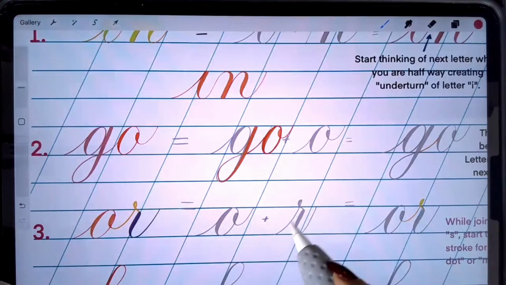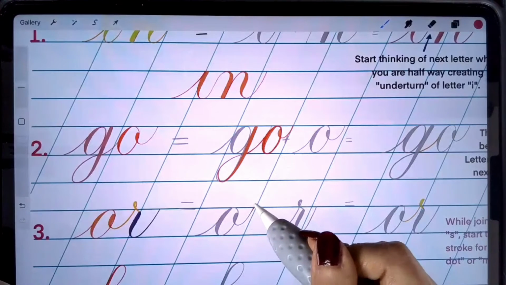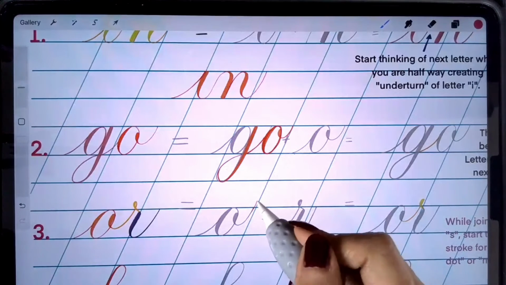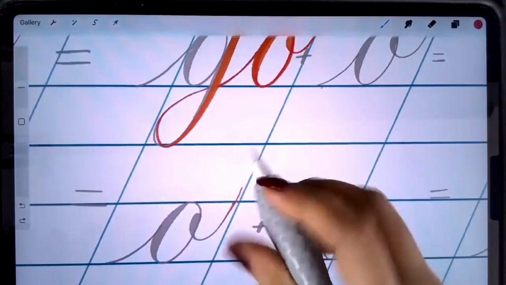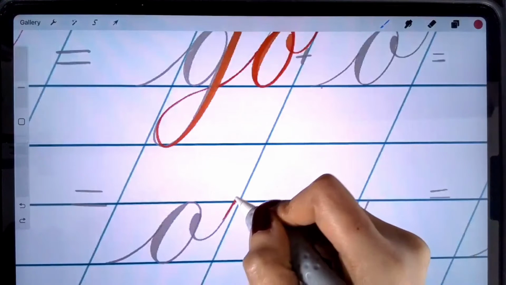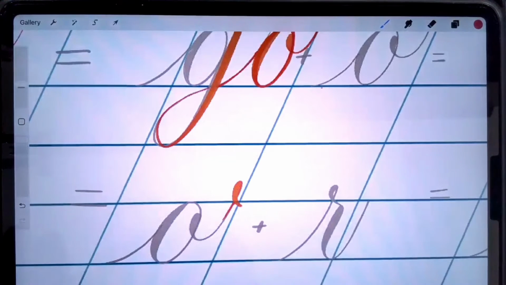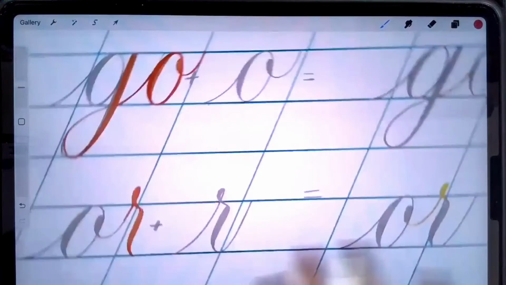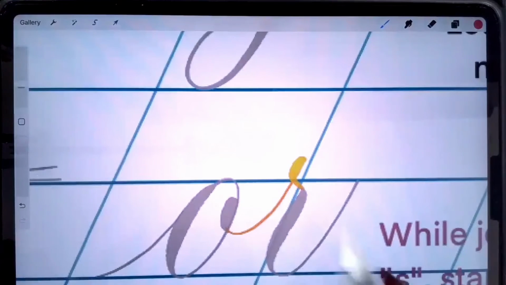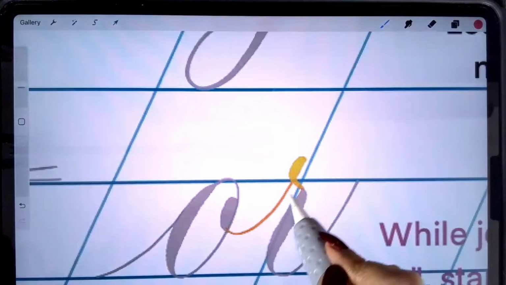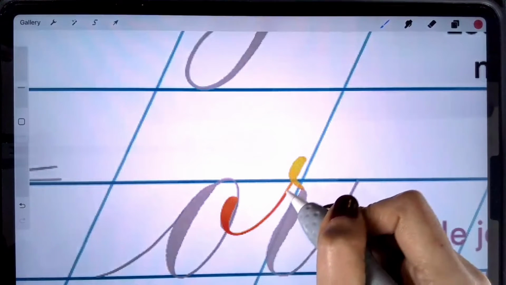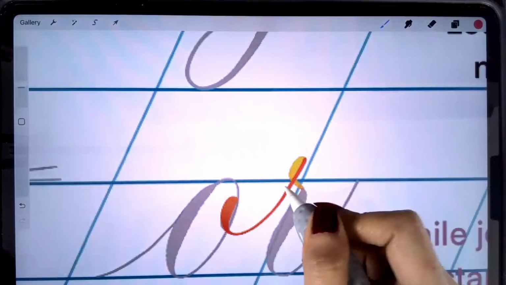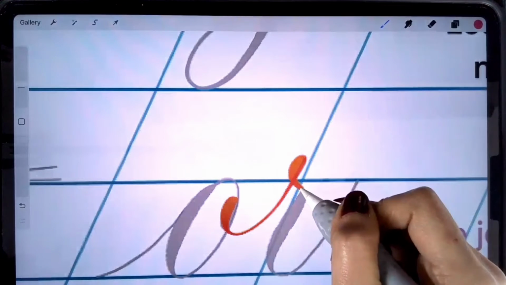But we need to think of connecting R, so we will continue this stroke as an extended entrance stroke for letter R, and then making a loop from here and then combining it like this and going above. So this is how the mini underturn will take the direction, like joining here, going above beyond this header line, and then